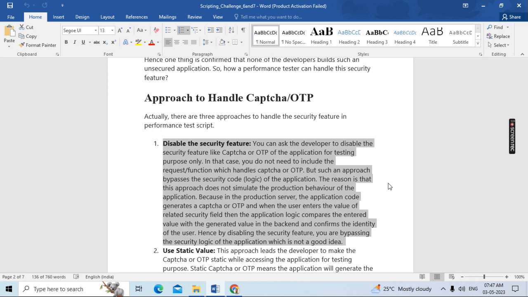Whenever I first suggested disabling the security feature, you need to talk to the client, and he will directly accept it. The reason is that this is a security feature and, from a performance testing point of view, it cannot be captured. This one I performed around 1 year back. Whenever I am recording this script, it's a security related feature, so I just need to inform the development team with the approval of the client. The development team immediately will